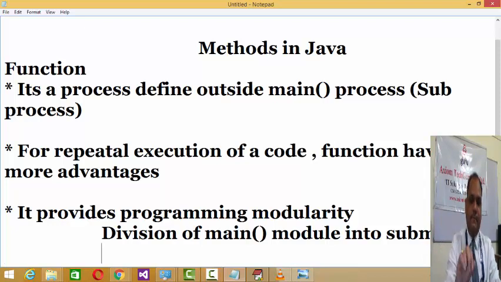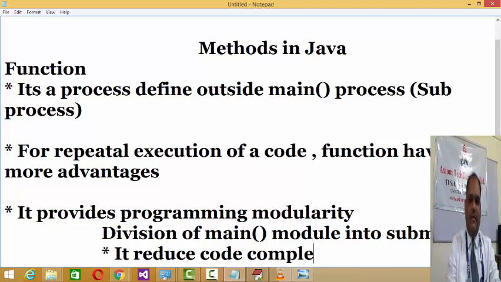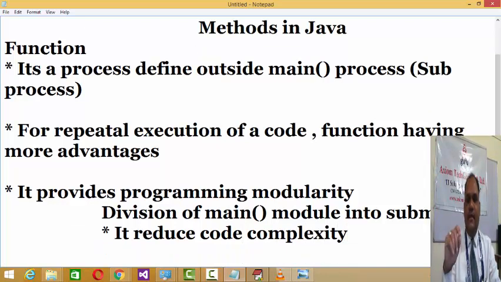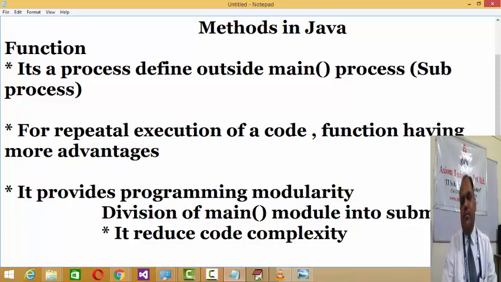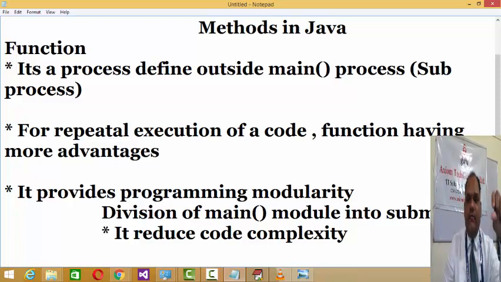One thing, it reduces code complexity. Instead of handling 100 lines of code, as you divide it into various processes, at a time you may need to handle only 10 lines of code. In this way it will reduce the code complexity.